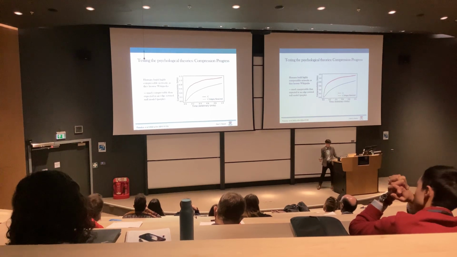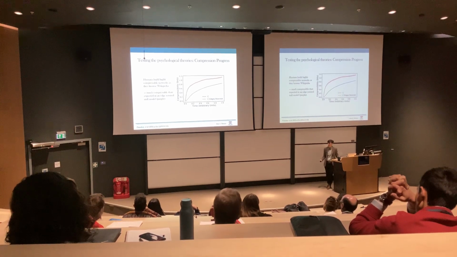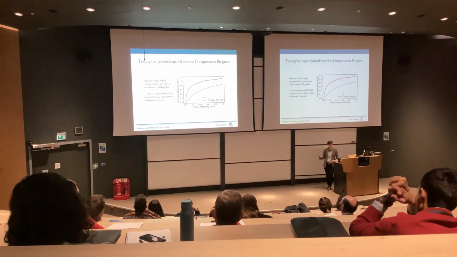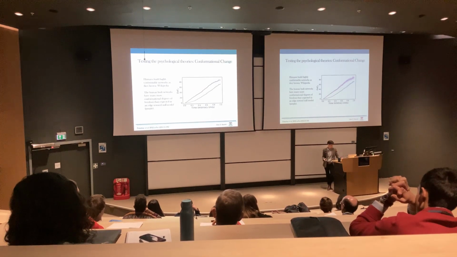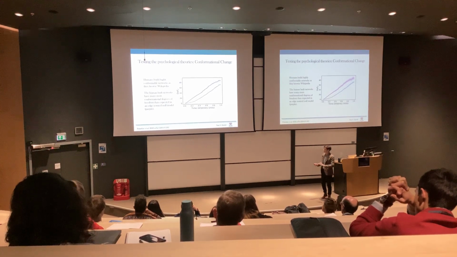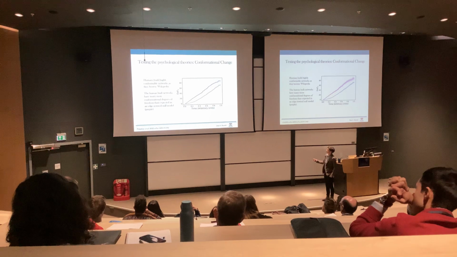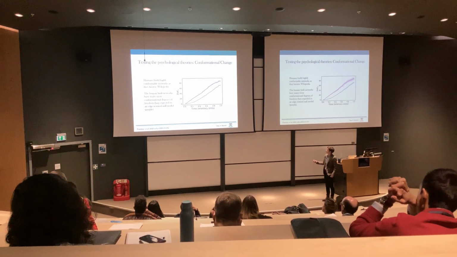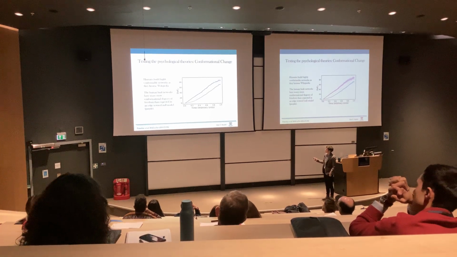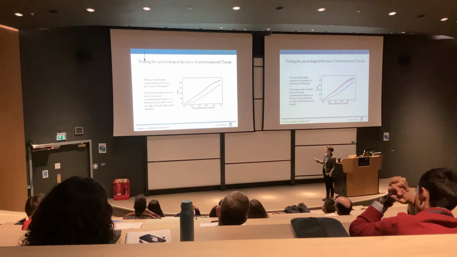Is that completely true, or do we see any evidence that they may also be browsing in a way that leaves gaps open for conformational change? So this is the third and final theory, the third and final data plot I wanted to show you. Along the y-axis here is the degrees of freedom, the conformational degrees of freedom of the network, and along the x-axis is time again. In the red color is the true data, and in purple is the edge-rewired null